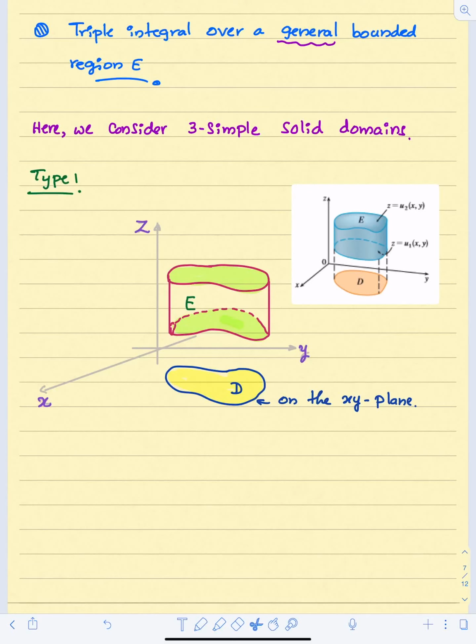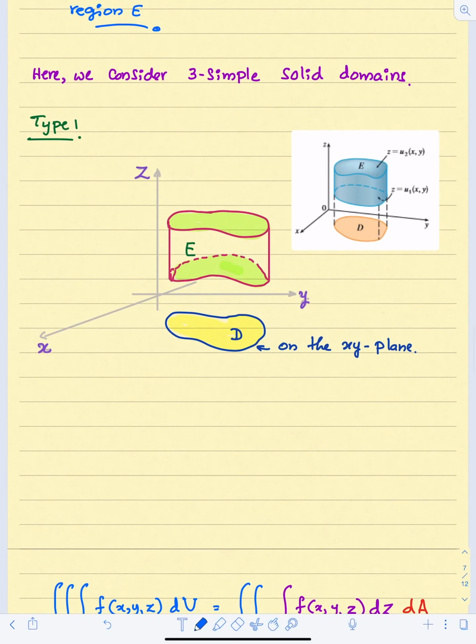So now we are going to consider triple integrals over general bounded domains. So far we considered triple integrals over a rectangular box, but here we mainly consider three simple solid domains, three types. The first type is given in this figure. Here we have a solid E